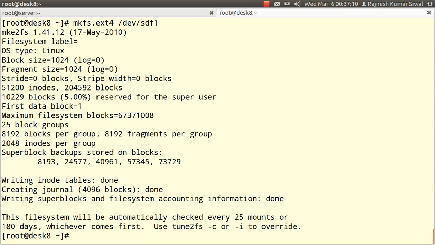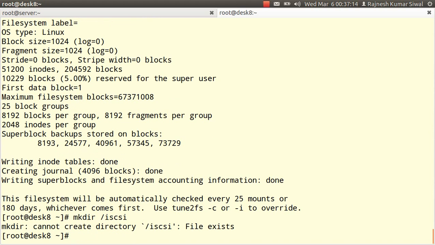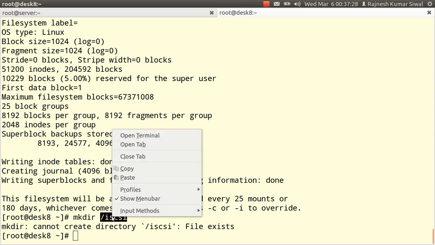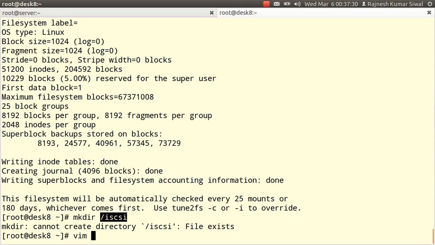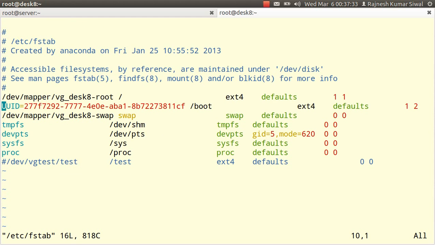So I formatted it. Now I'll create a new folder. Okay, that's already created. My objective is, every time the machine or the client reboots, it should be able to mount this iscsi device over the folder iscsi. So I modified /etc/fstab for it: device /dev/sdf1, ext4, defaults,